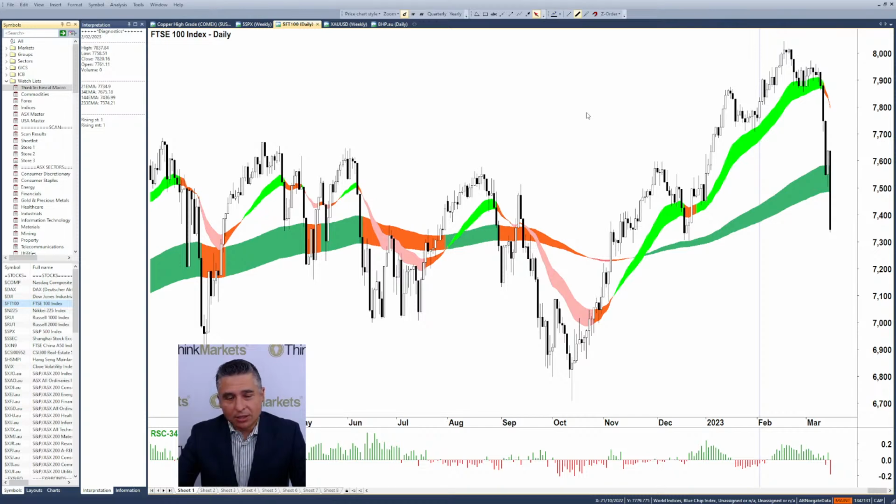You've got to remember when stuff goes down a lot, the natural response from the average punter, not from me, because I've had to retune my brain over many years to think the opposite of the average punter. Think about that statement for a second. Why do you think that's important?